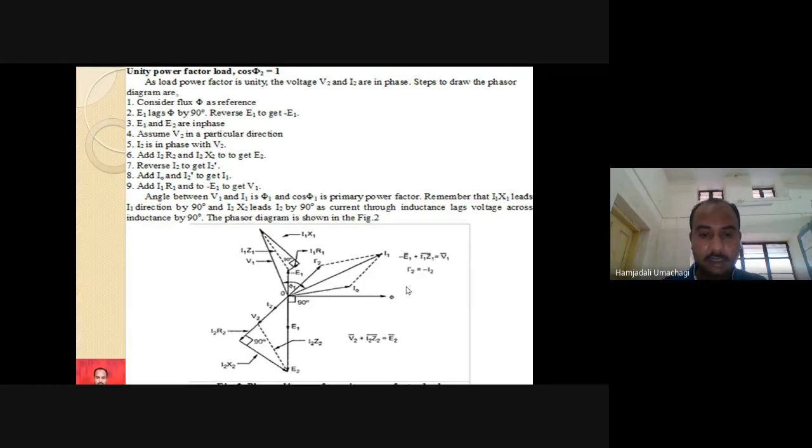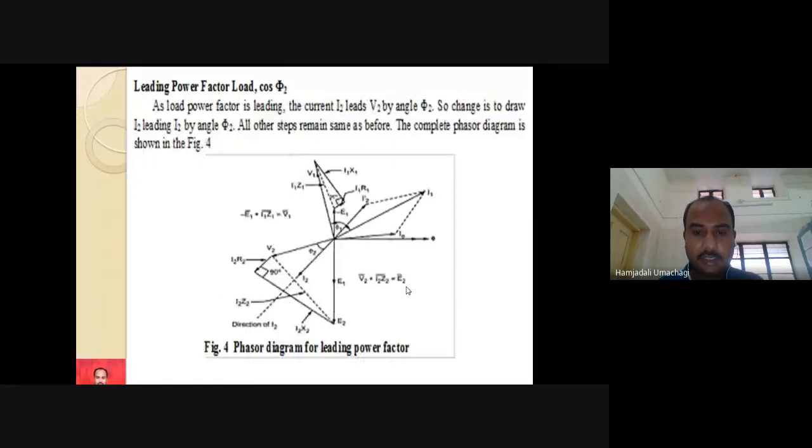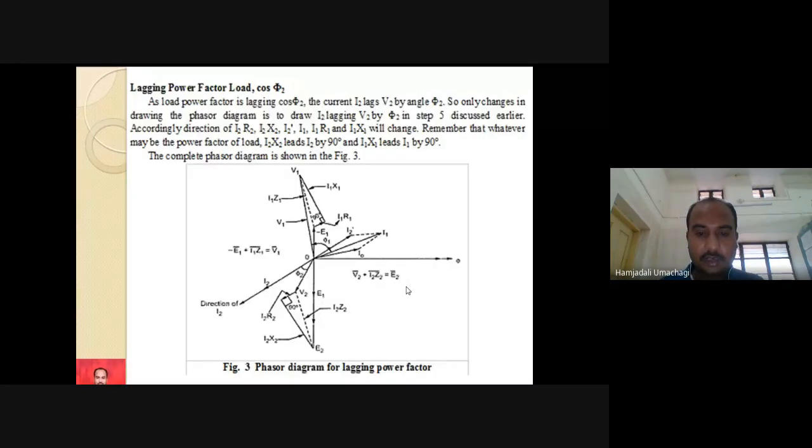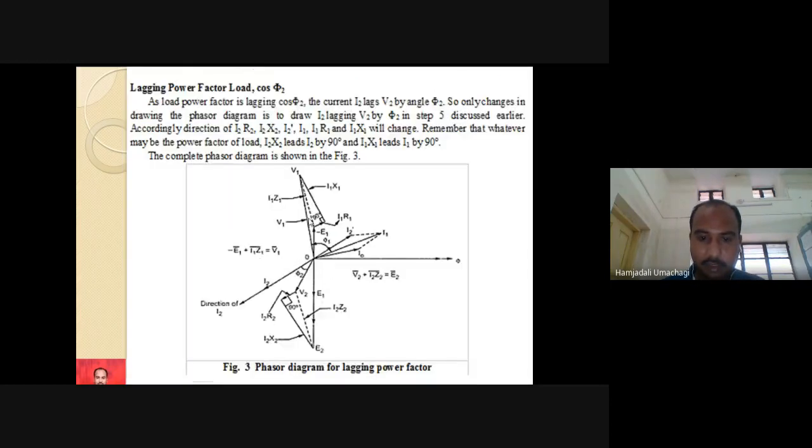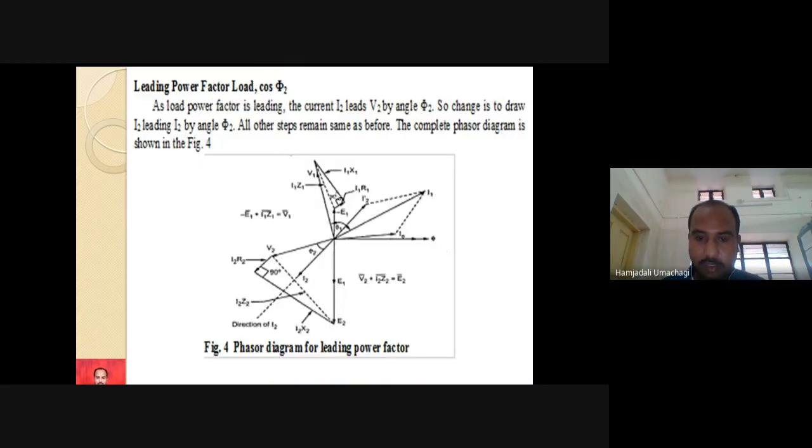This is for R, this is for L, and this is for C. If you check all three diagrams, the top side of the phasor diagram, the primary side KVL equation and current I1 equal to I2 dash and I0, will be almost the same, yes or no? This is the same. Here also it is the same. Here also it is the same.